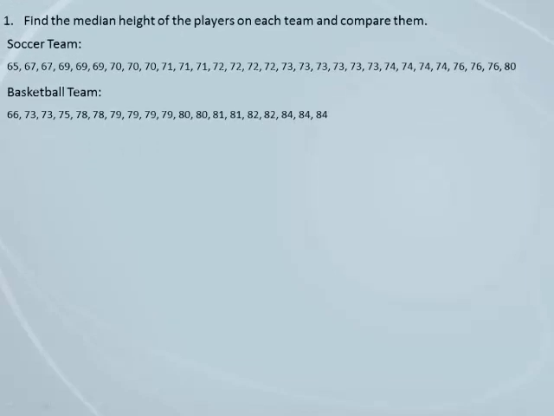Okay, now we found the mean, which was the average. Let's find the median, which is the middle. Now I had 31 soccer players. 31 divided by 2 is 15.5. So if I take 15 in from this side, and I come 15 in from this side,